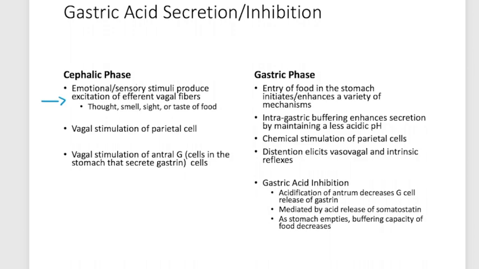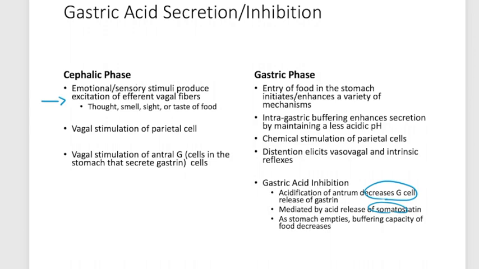Ways that we would inhibit the gastric phase would be acidification of the antrum, which is going to decrease the gastrin, the G cell release of the gastrin. There's also going to be, mediated by acid, release of somatostatin. And then as that stomach empties, the buffering capacity of the food decreases. So all of these, decreased G cell release, release of somatostatin, and then emptying of the stomach would inhibit more gastric